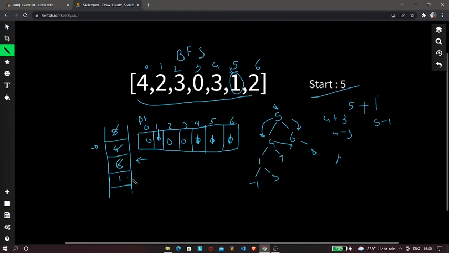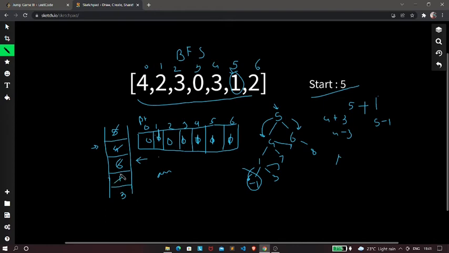Next we are at index 1. We're going to check whether AR of 1 is equal to 0. But if you check, AR of 1 is 2, so it's not equal to 0. So now it contains -1. We cannot push this -1 into the queue because it is out of the range of this array. But we can push 3, because it is non-visited and it is also present in this array. Hence we make it visited and push this 3 into the queue.